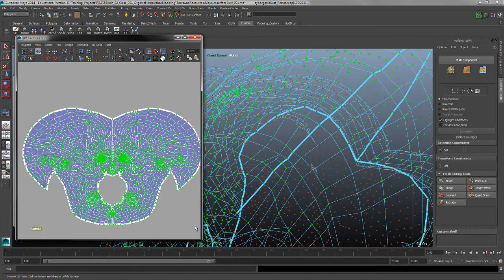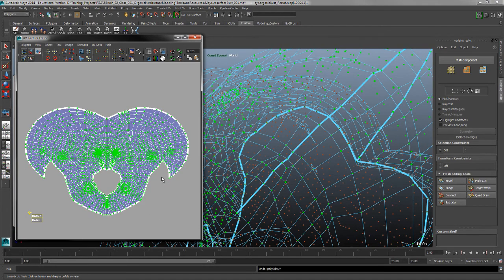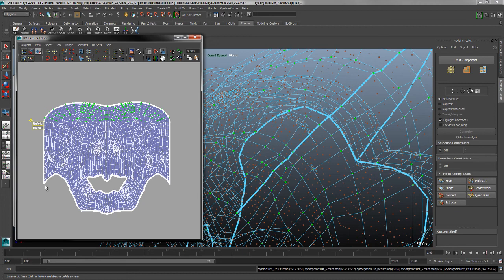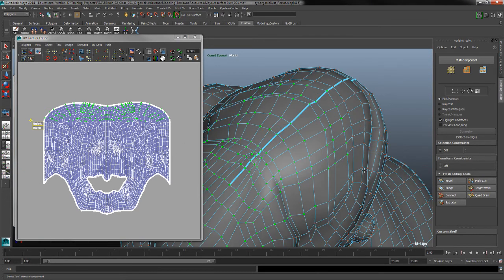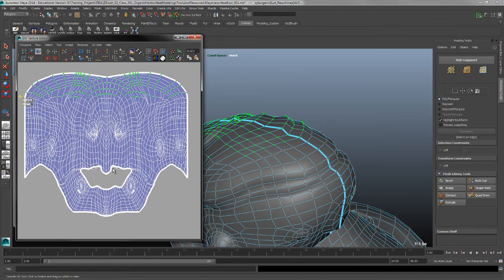If we unfold this, it'll do something like this, which is not horrible, but I do like this nice flat edge along the back part of the head like this. I do like the layout of this where you can see the eyes and things like that. So you might be able to select portions of this